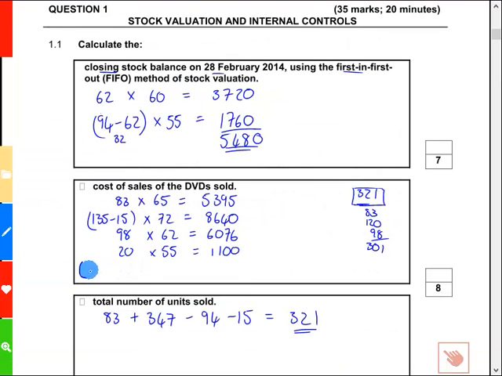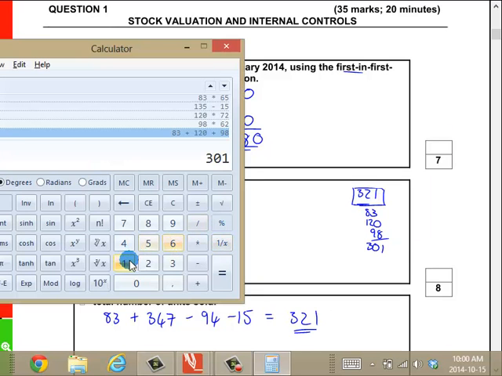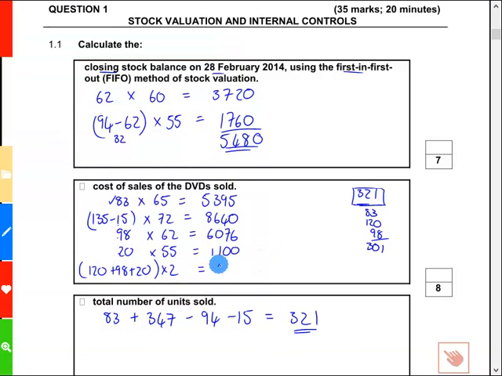going to be 120 plus 98 plus 20. So this 83 already included the transport costs, but these three didn't. Plus 20 times 2, and that is going to give you 120 plus 98 plus 20, 238 times 2, 476. And if you total all of this together, you're going to get your final answer for cost of sales,